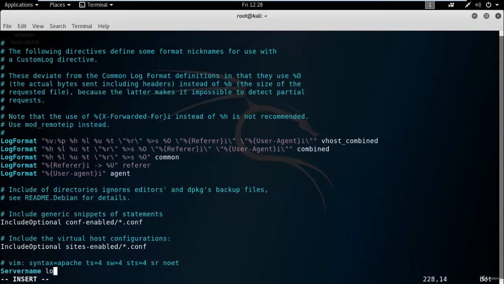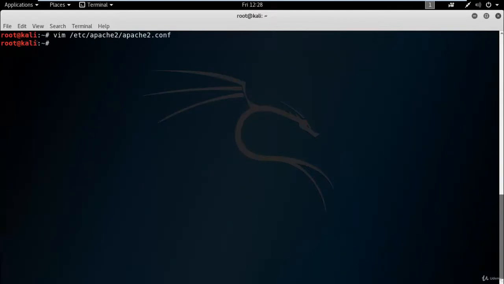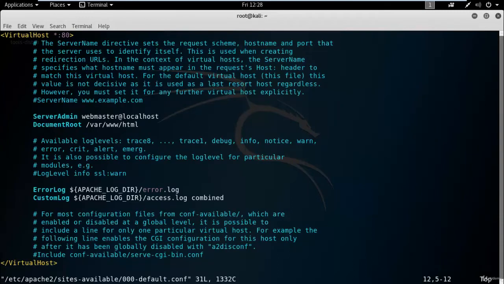Server name is localhost. Now need to go to sites-available, 00-default.conf, delete html,